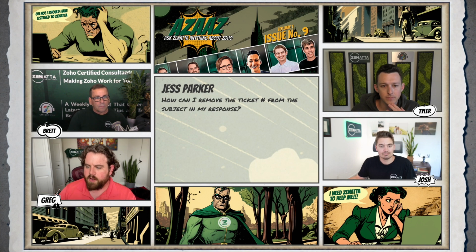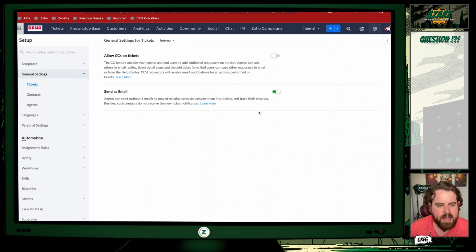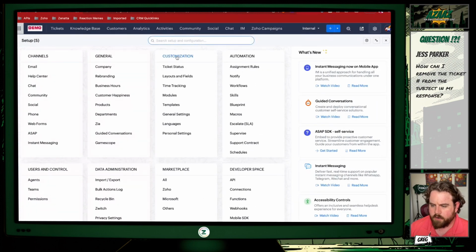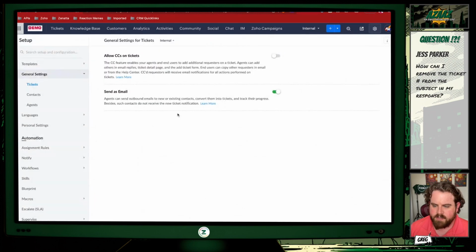And we'll go ahead and bring up my screen share here. There is a setting in your general settings. So if you go to Setup, under Customization, General Settings, there is this Send as Email option, which is where an agent can just send an outbound email to a new or existing contact. If you have that turned on,